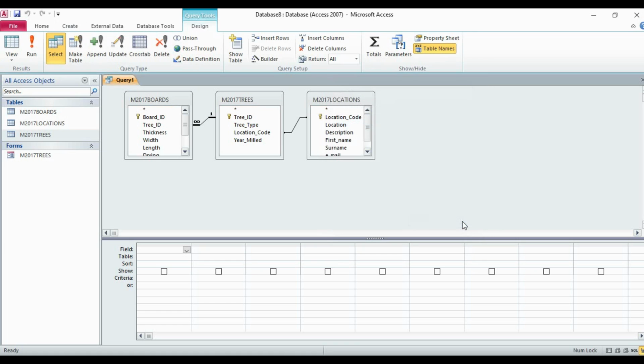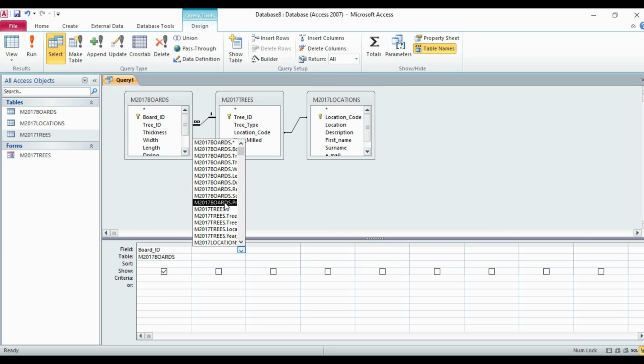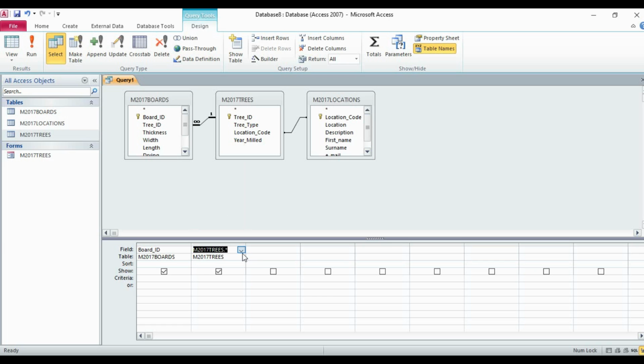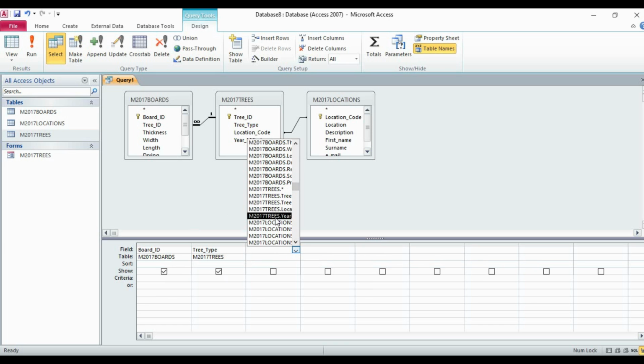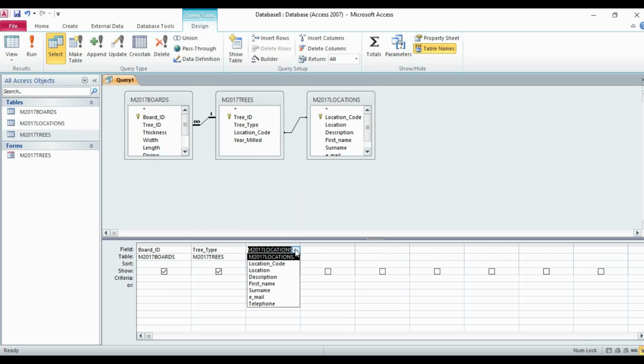Now we have to choose some of the fields here. For example, I want to take a field from boards table, that is board ID, and from trees table, tree ID, okay, tree type, I take tree type, and then from locations table I take location.